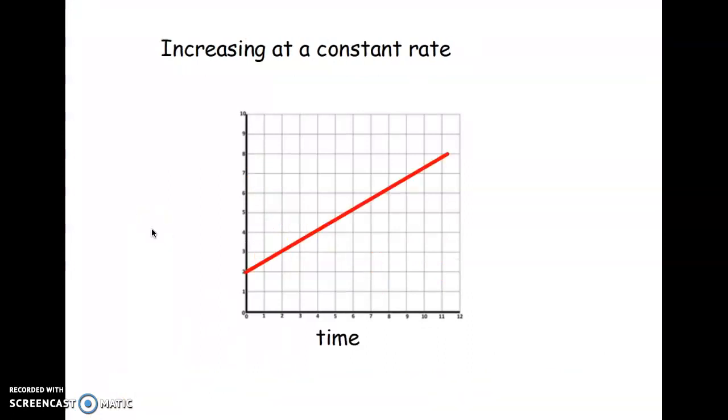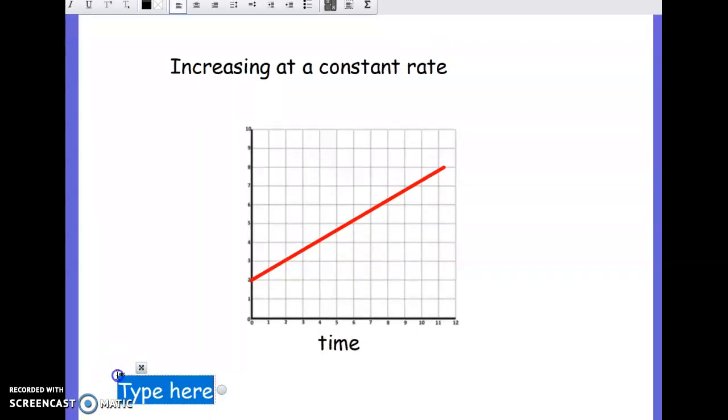Now, what I would encourage you to do is go through each graph again from this video. So you're going to scroll back, rewind, pause at each graph, and see if you can come up with a real-life scenario for each graph using time as the x-axis, right? So, for example, if I were to create a story for the first one, which is increasing at a constant rate, I could start by saying, and it's always a good sentence starter to write, as time increases or passes by, right? As time passes by,